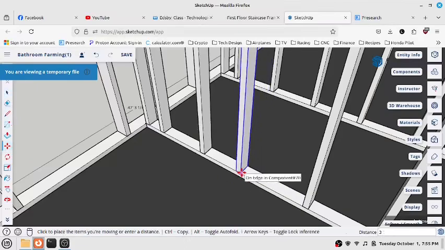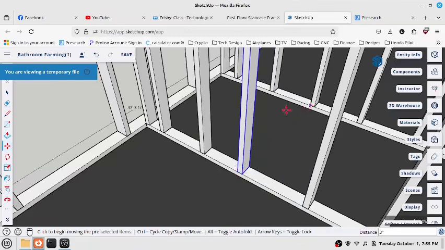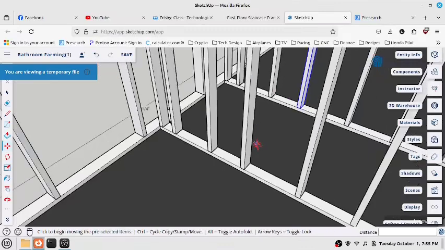Type in 3 inches, enter. Okay. I'm going to do the same thing over here. Okay. Then what I'm going to do is I'm going to